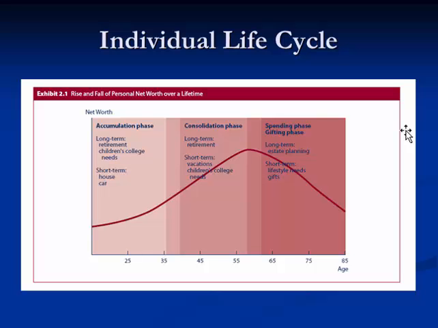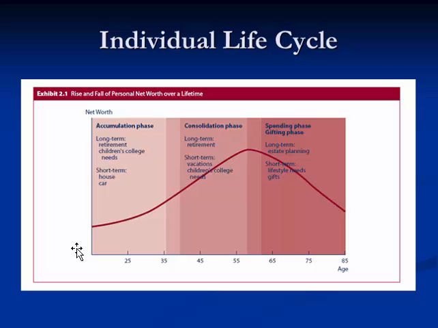Now, look early on here around your early 20s. In your early 20s you're in the accumulation phase, all the way up to your mid 30s or so, and you're investing for the long term, obviously, for your retirement and children's college needs, also a house. And that would be short term. Hopefully you'd be considering buying a house relatively sooner, buying a house before you retire. And so that's why a house and a car are there as short term goals that you're going to need to fund.